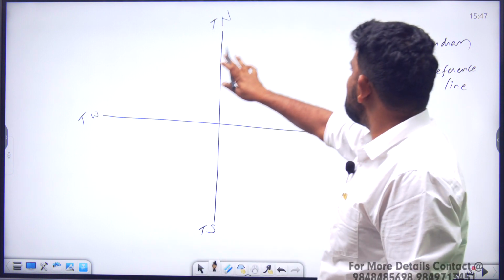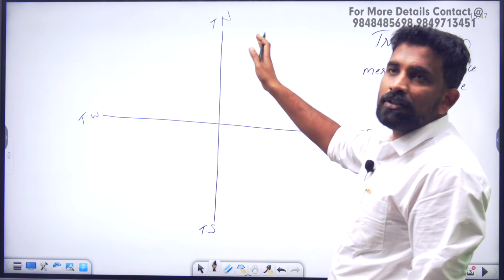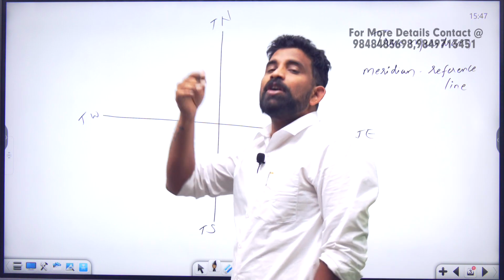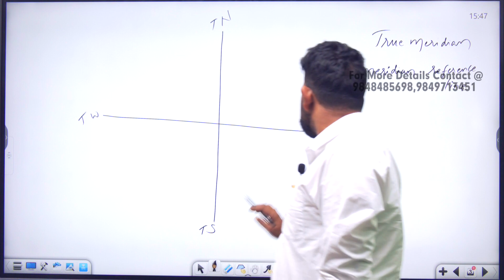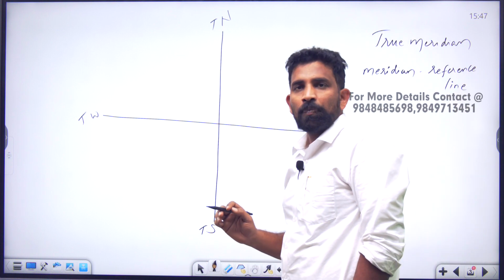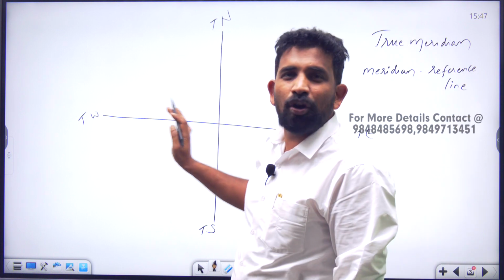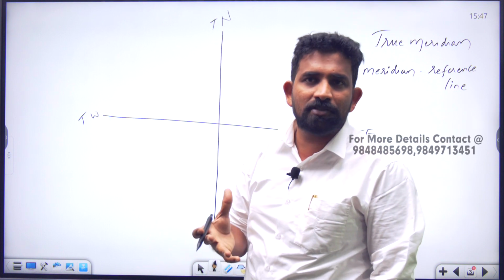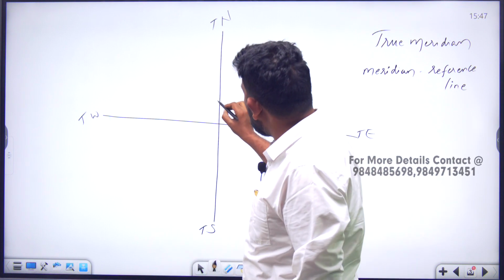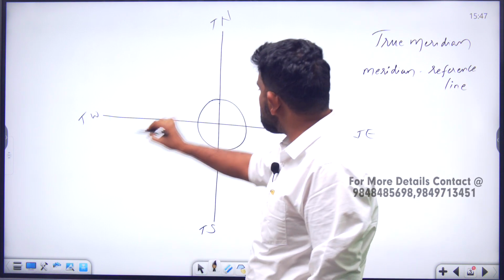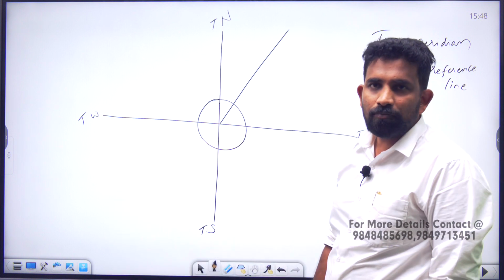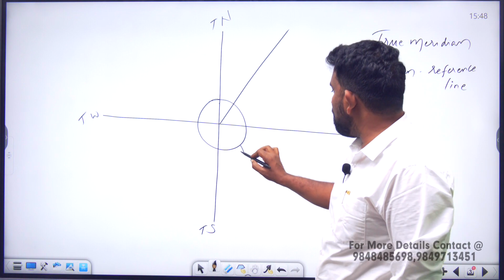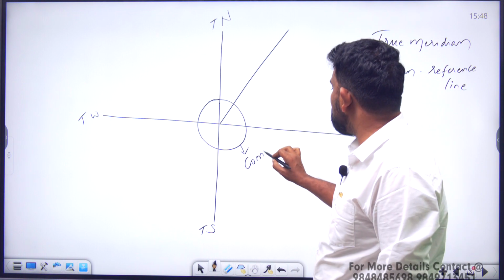But these directions that I have drawn are the geographical directions. I can also call them geographical north, geographical south, geographical east, geographical west. These directions are not drawn based upon a compass. But if I place a compass here at this point, this compass will show some other north direction. For example, if this is a compass, it will show some other direction.